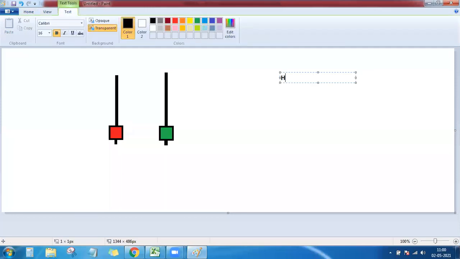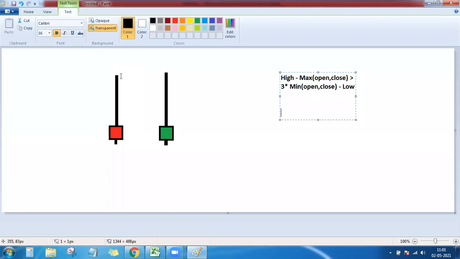So first at the top you have the high price: high minus maximum of open comma close. If you do this, it should be greater than 3 times minimum of open comma close minus low. This is one condition which signifies that the real body of the candle is at the lower end only, and then the lower shadow is also very, very small compared to the upper shadow.